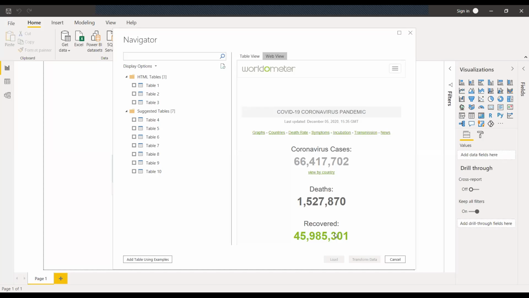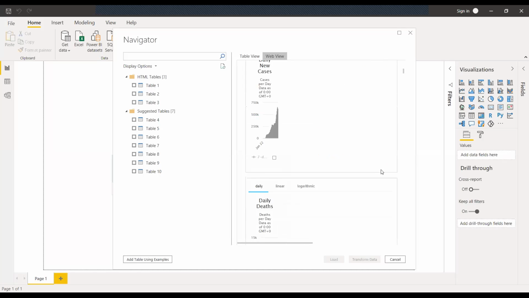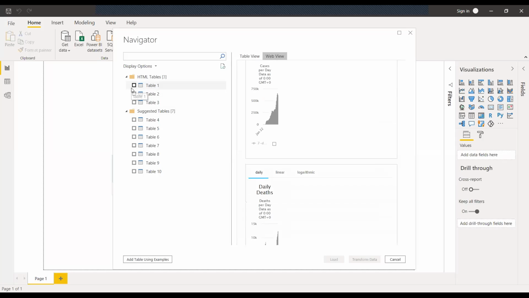It is entirely the web version, and everything will be there. The data will be there. The tables will be there. But if you click on the HTML tables, you can see what these tables are. And second table, third table.